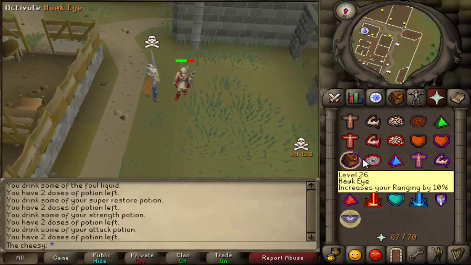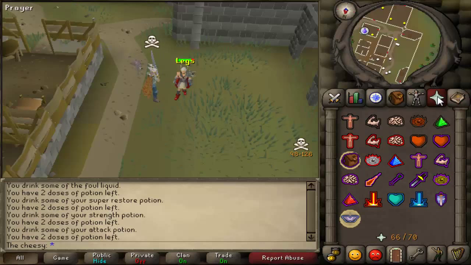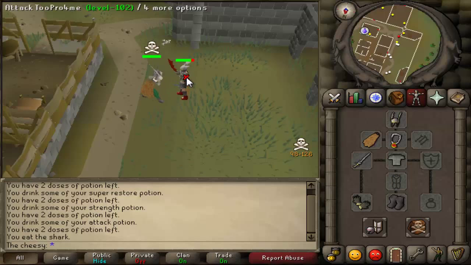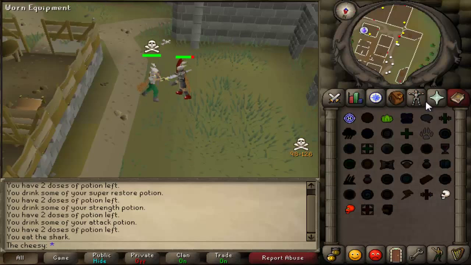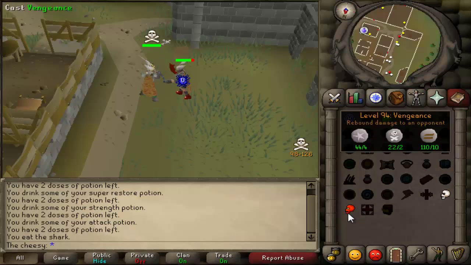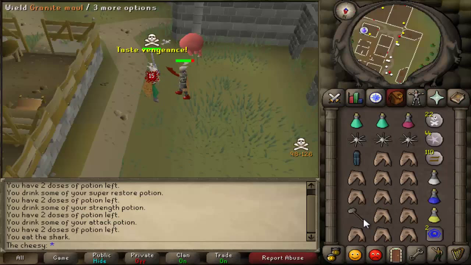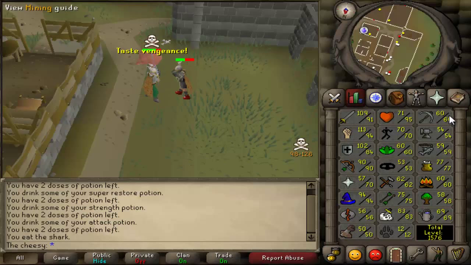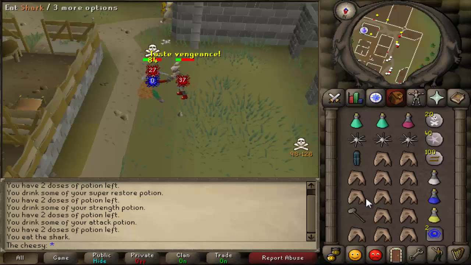Yes, I finally got 94 mage, guys, and I no longer have the mage spot to venge. Now I've got a few things I need to discuss with you while I PK. So, first of all, this guy's quite a few levels below me, and so I agreed to take off my rune legs while I fight him. Now, moving on from that,